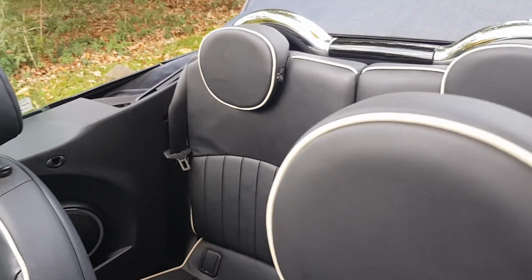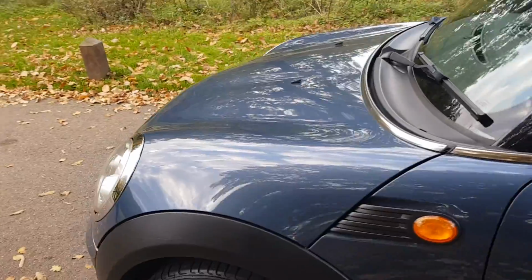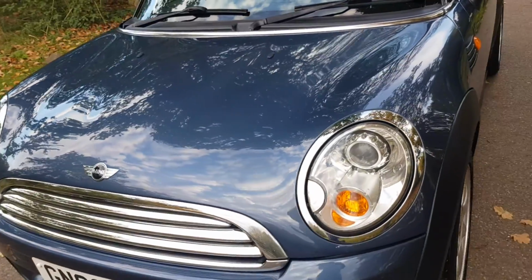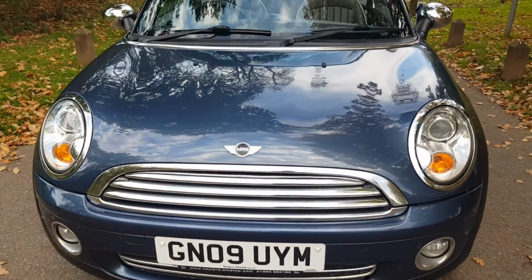Okay, and hopefully you can pick that up. I'll put it back. Okay, let's just go around the front. So I mentioned it's got about 118,000 miles, or just under that, but she certainly doesn't drive like a car that's covered 118,000 miles. So the worst bit about this car, I'd probably say, will tend to be the front